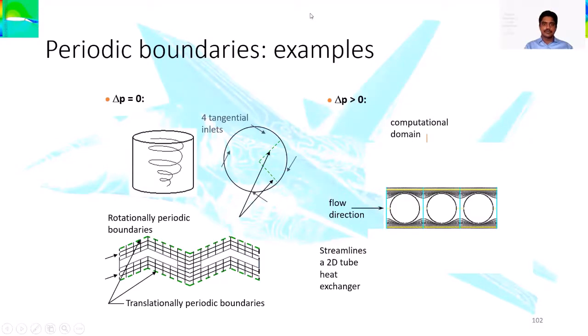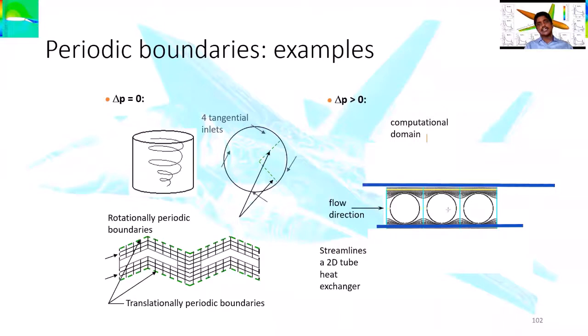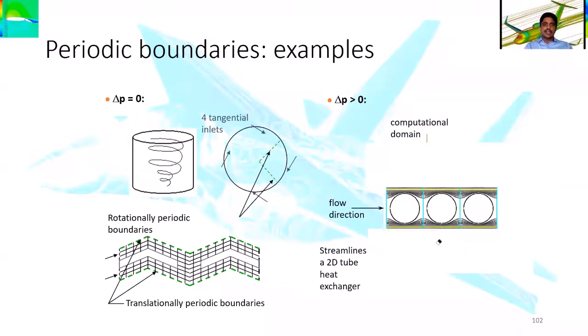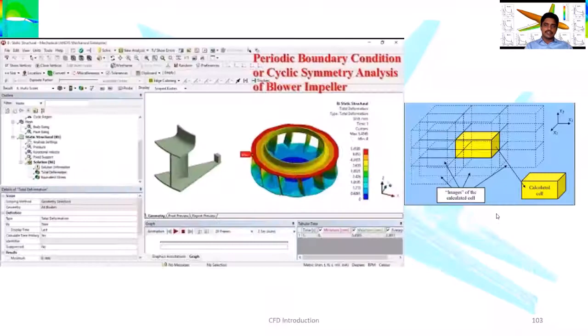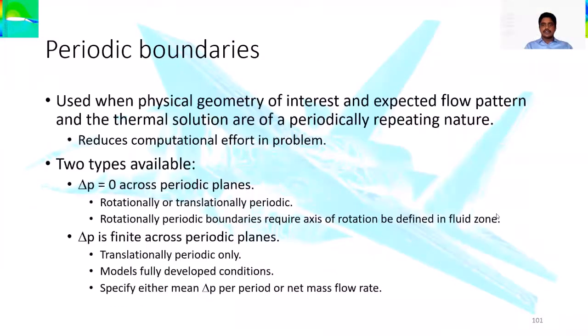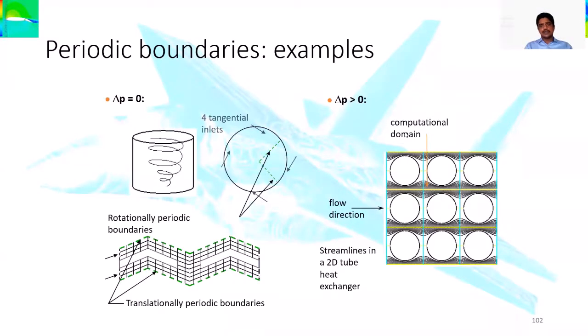Now let me annotate it and show you. I'll apply my periodic boundary conditions here. At this point in the analysis, I will specify that this is a periodic boundary to the other side, and this is a periodic boundary to the other side. This way, I can easily analyze with less computational power, and my solution would remain the same. These two are going to be similar on both sides.